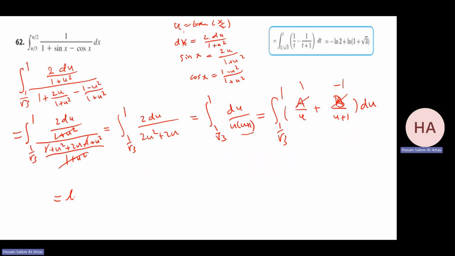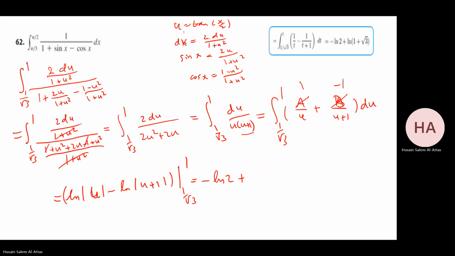So it's ln of u, and since I finished, I already did the substitution for the limits, so no need to go back. Minus ln of u plus 1, from 1 over square root of 3 to 1. That is ln 1, 0. So you have minus ln 2